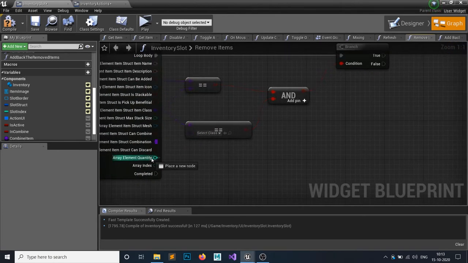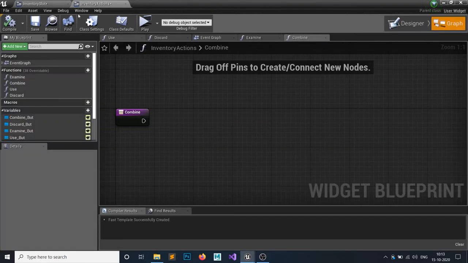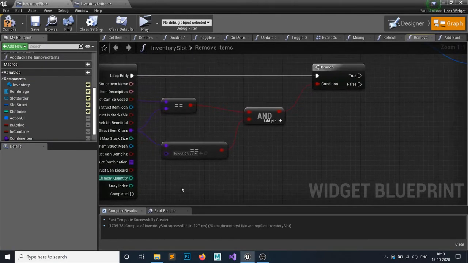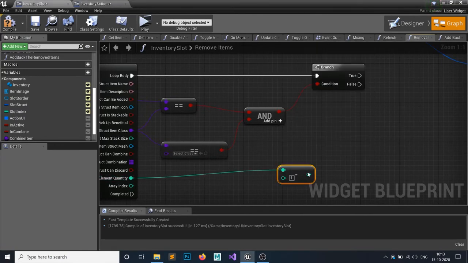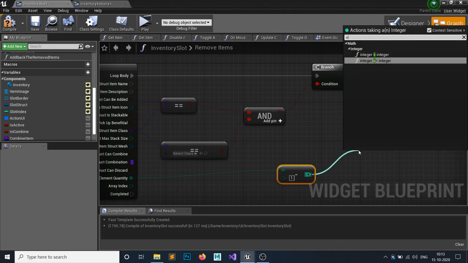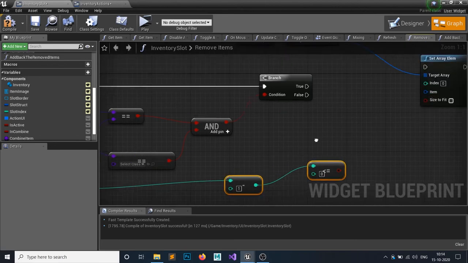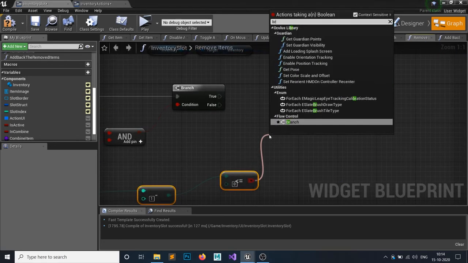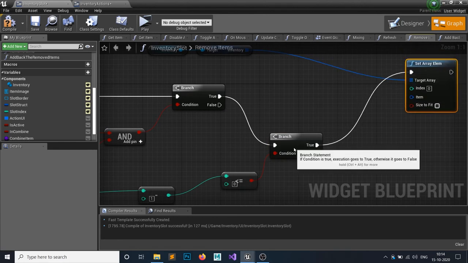The array element would be your element -1. So this one, pardon, grab your item slots. The array element quantity -1, and if this -1 is less than or equal to 0, then what we want to do? We want to set it to null value. If it's not, then we want to set it to -1 value, right?